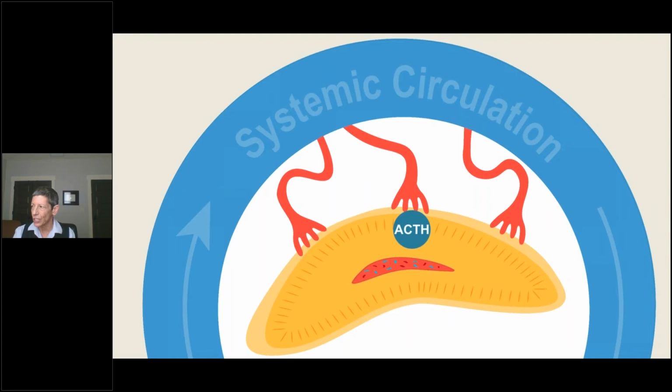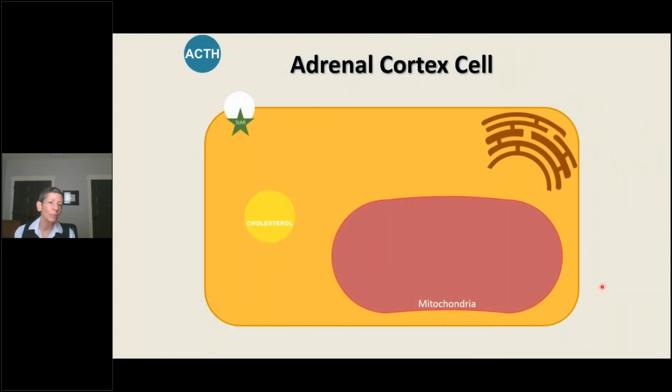Once it gets to the adrenal cortex cell, it stimulates the StAR protein, which shuttles cholesterol, de novo LDL cholesterol. Now we're in the adrenal cortex cell, we're not in the circulation, into the mitochondria. And it's in the mitochondria where cholesterol is metabolized to pregnenolone. Pregnenolone then leaves the mitochondria, enters the endoplasmic reticulum, where progesterone and actually